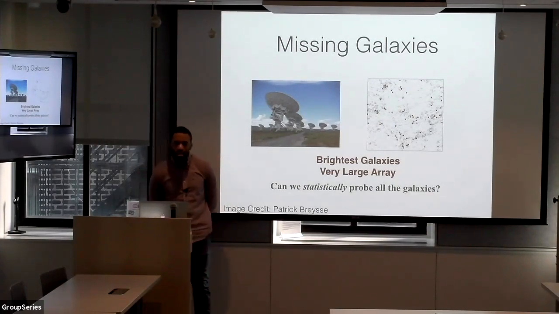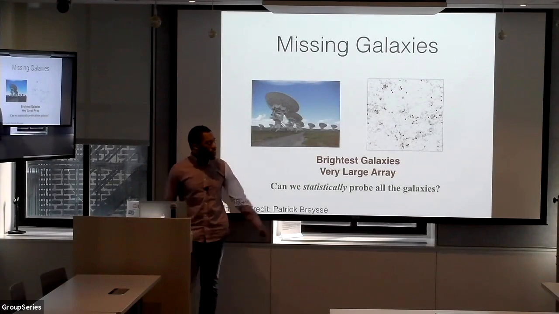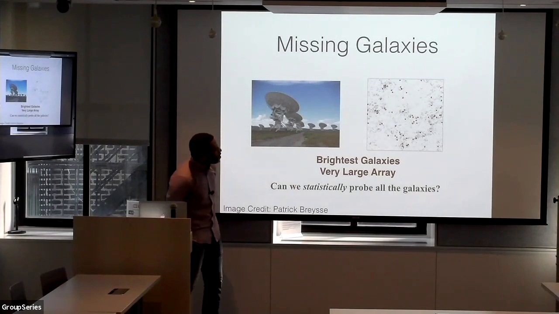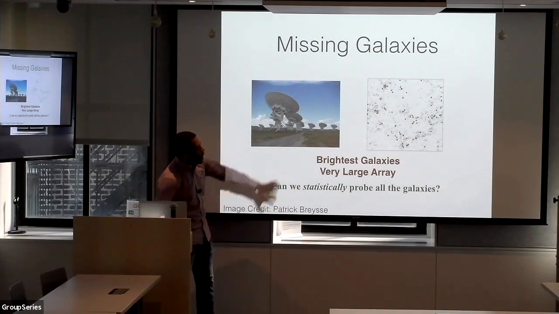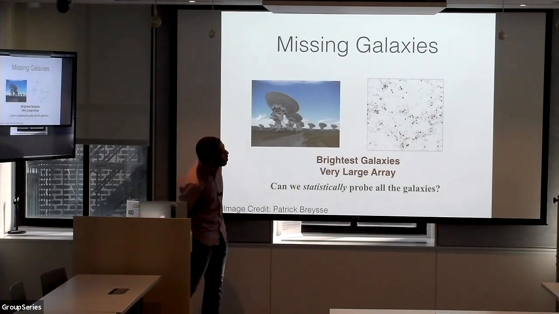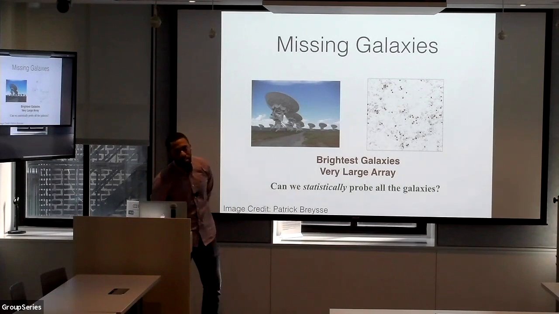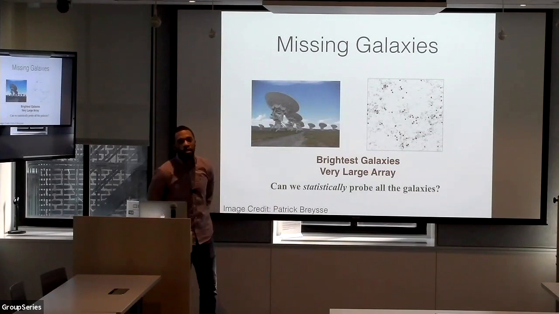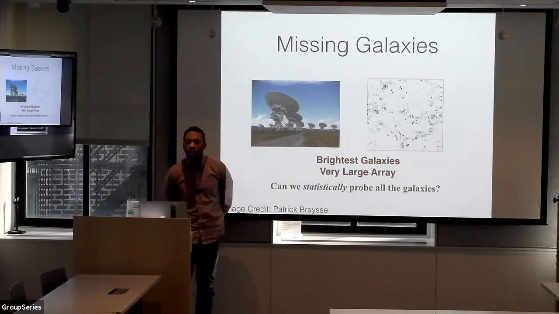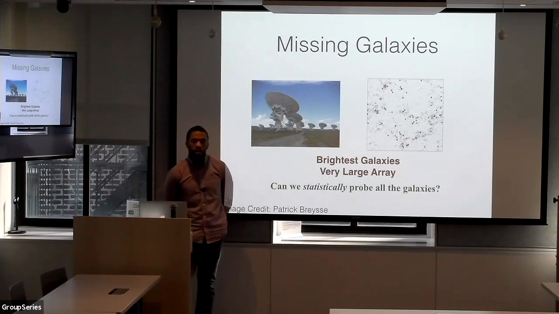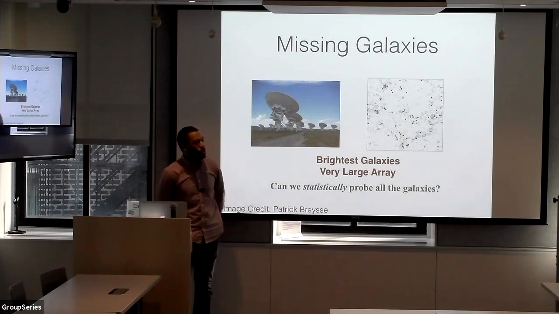To get an example of how this can be a problem, if you look at this figure right here on your right, you can see that the red dots are a map of what can be picked up by VLA. So the VLA, the Very Large Array, can pick up the red dots as the brightest galaxies in your survey, whereas all these gray dots are representing fainter, less massive galaxies that actually are more common in the full population of galaxies. And so we're missing a lot of structure from not being able to reach these galaxies.